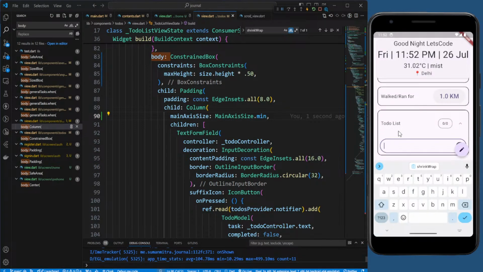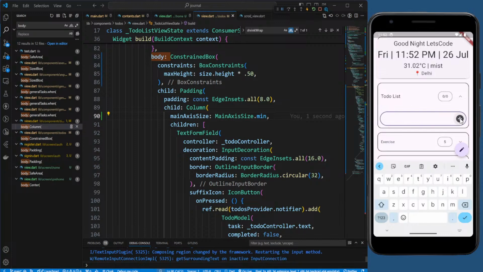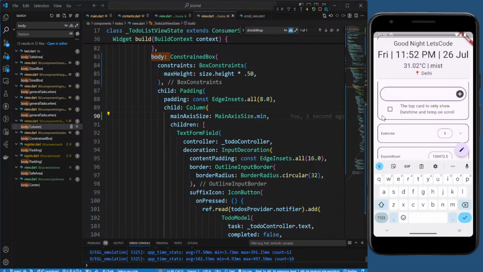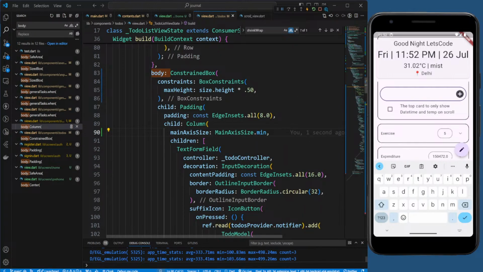Let's put the top card to only show date, time and temperature on scroll. Click here. Yes, this is what we want, but we want one. Okay, at least a little bit here. So what we can do is